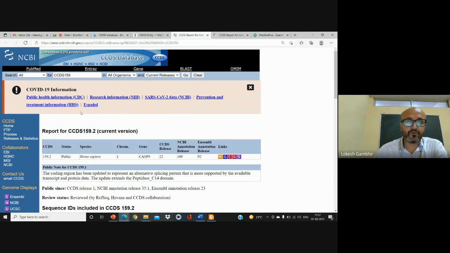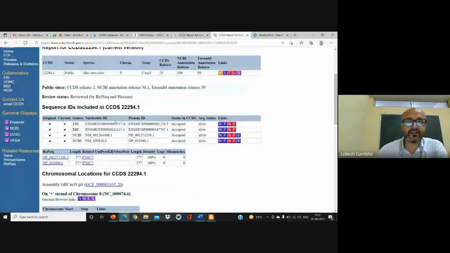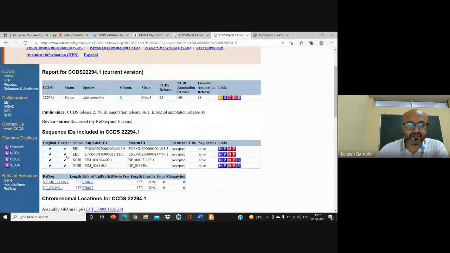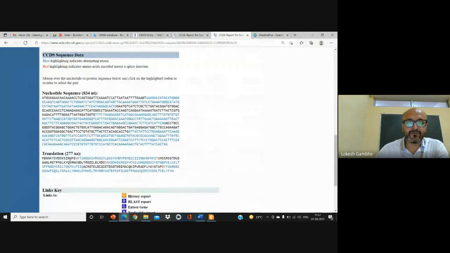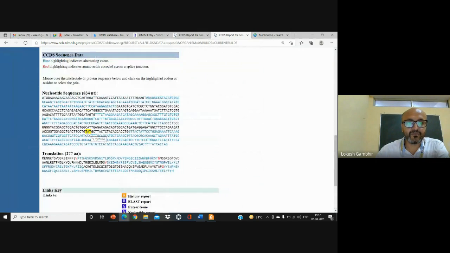Like the report will be opening as we have opened it for CASP 9. So see, I typed CASP space 3 and I get this particular information, complete information: the nucleotide sequence I got, the translated protein sequence I got, the variability. Why is this blue there? Because these are the exonic regions that I'm talking about. Why is this red portion here? This is actually the intronic splicing, RNA splicing region.